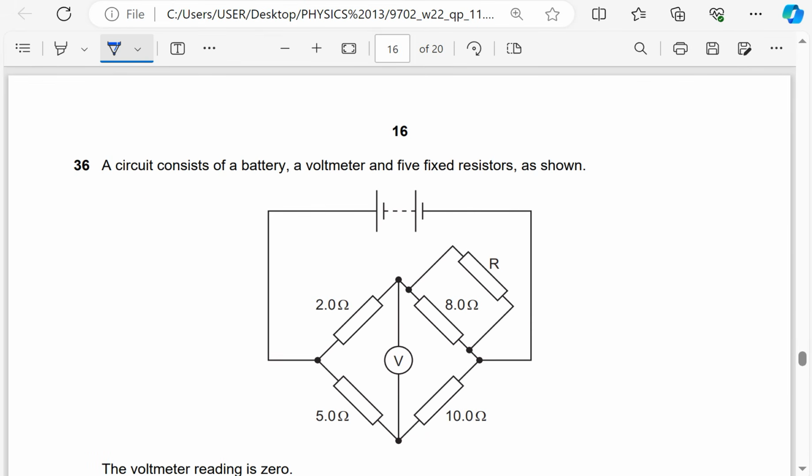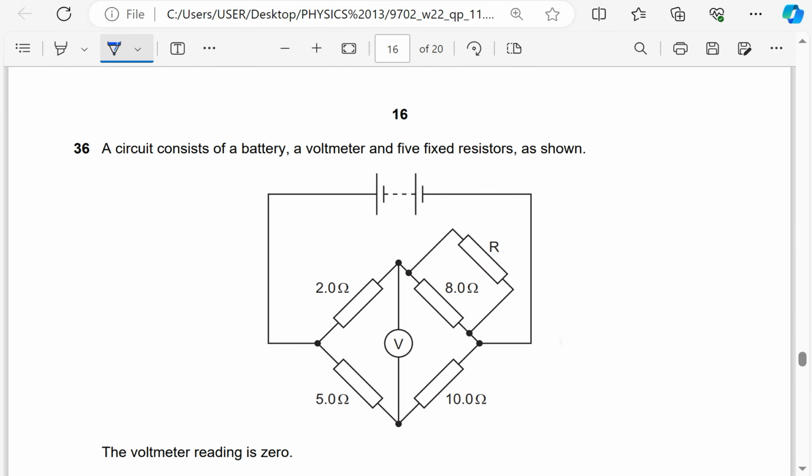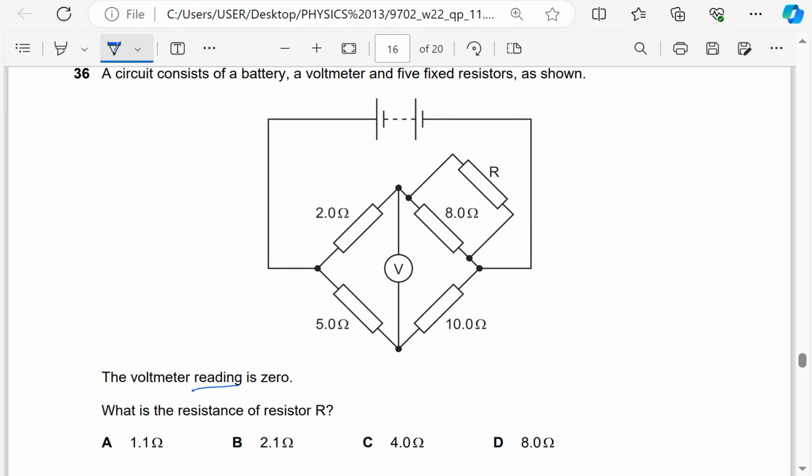A circuit consists of a battery, a voltmeter, and 5 fixed resistors as shown. The voltmeter reading is 0. What is the resistance of R? Okay. So for such a circuit, I'll just use the crisscross relationship. So for the crisscross relationship, if the voltmeter across reads 0, it means the product of these should be the same as the product of these resistors here. And remember, this is a branch which is in parallel, so I'll call this one R in parallel. So I'll say 5 times resistance in parallel should be the same as